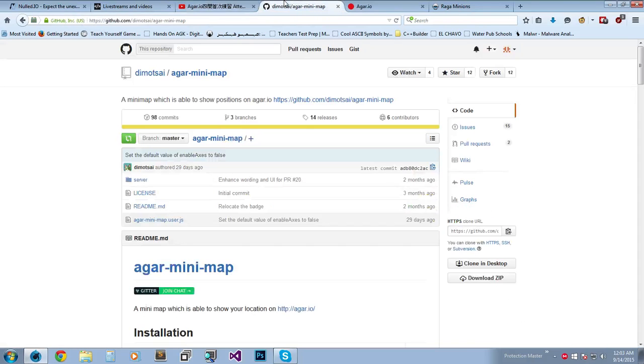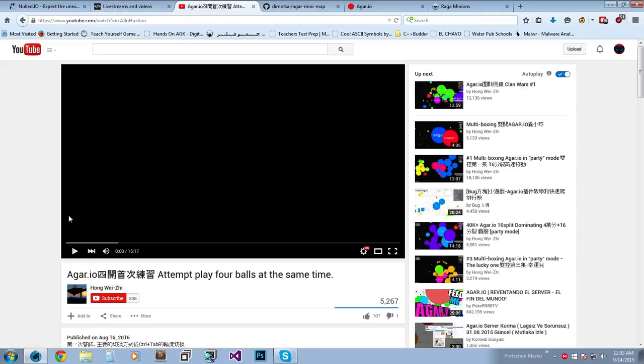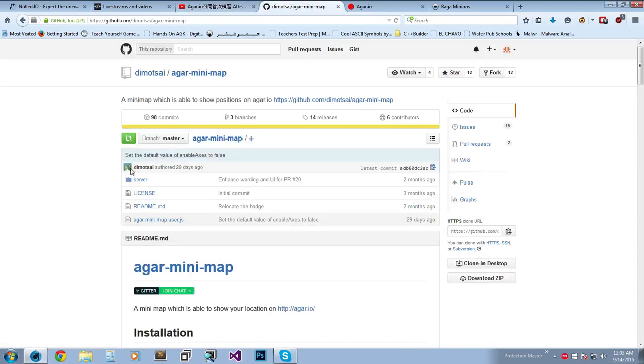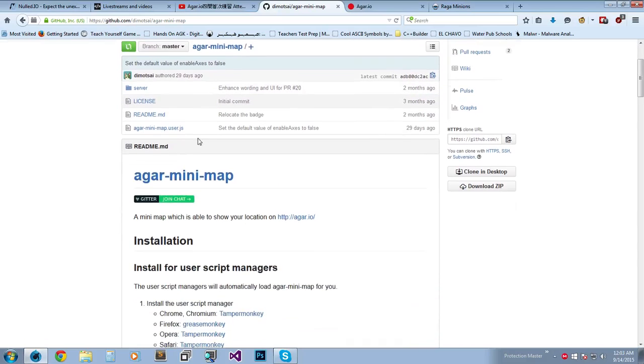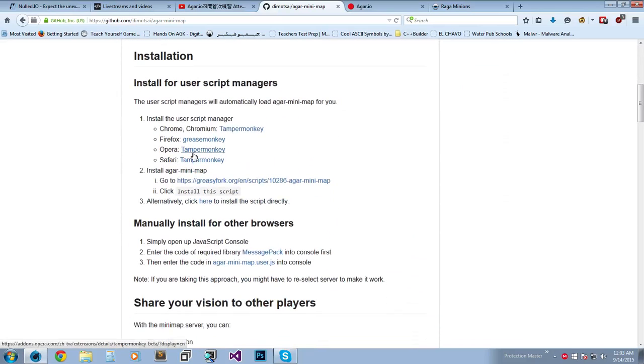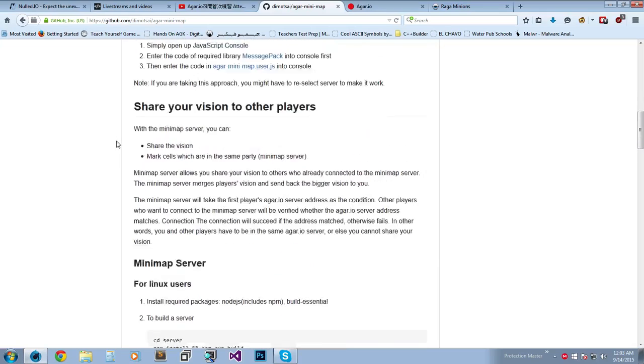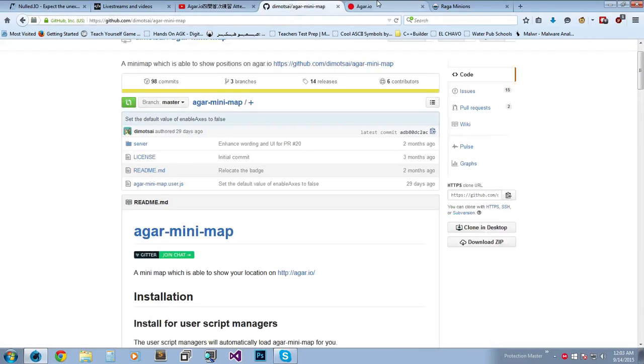The cool thing about this is that it's like a multi-box. You can use it just for yourself, but it has a nice feature of a server and client thing going on, so that you can host your own server and then you can spawn or control different